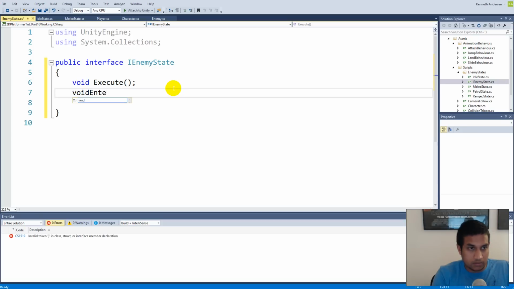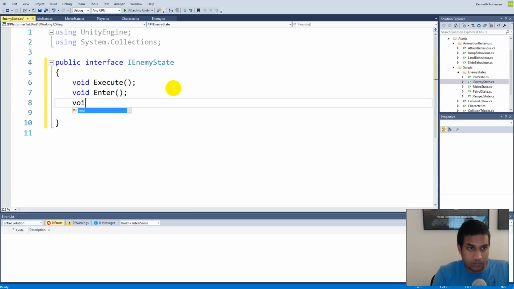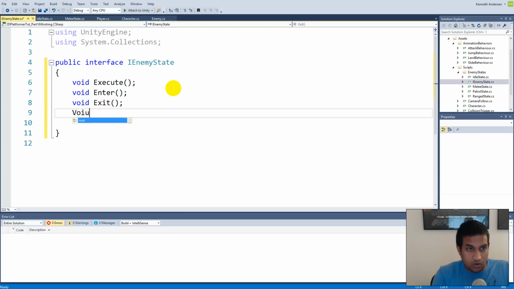We need a void enter. This is the one that is called when we switch into the state. And then we have void exit. And this is the one called when we exit the state, funny enough. And void on